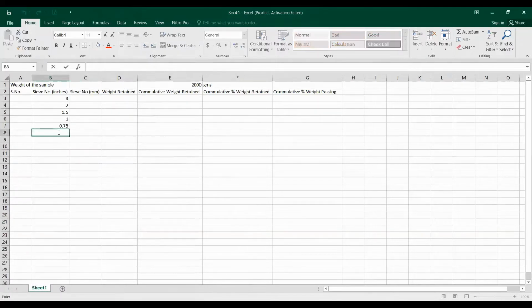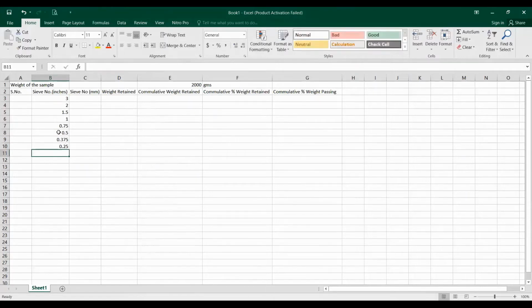Now 0.5, which is written as 1/2 inch. If you select Fraction in format cell, you will get your value in fraction. I will not take this sieve size on the x-axis; I will take sieve sizes in millimeter on the x-axis.